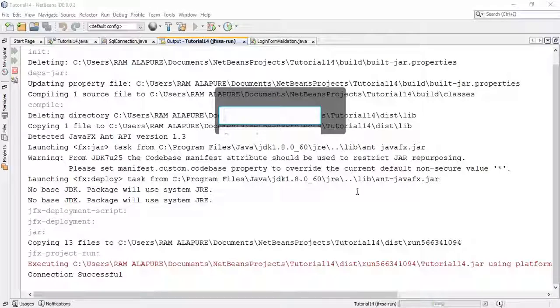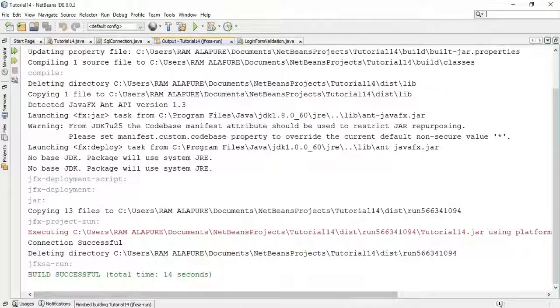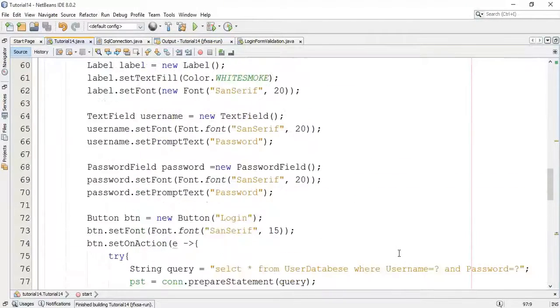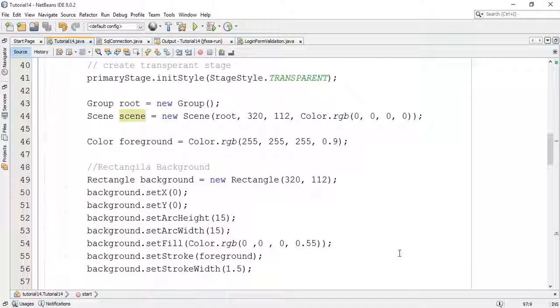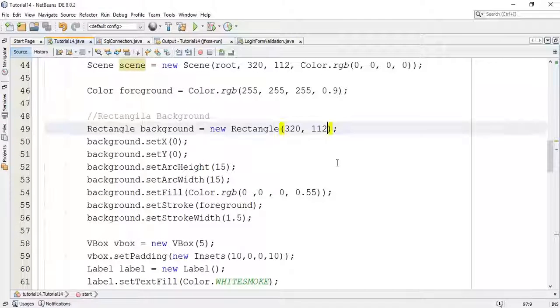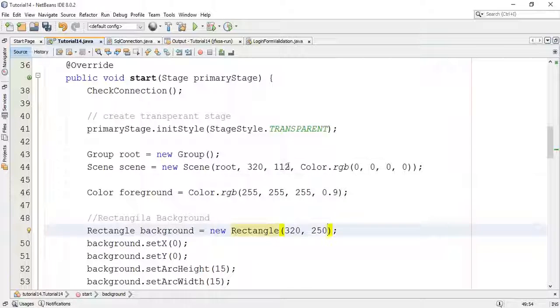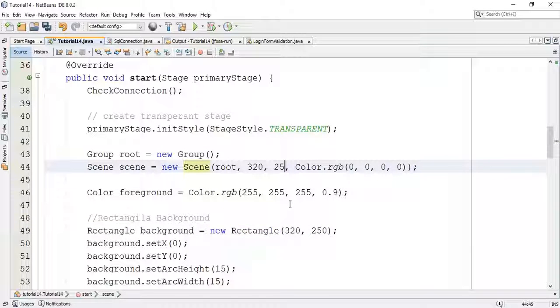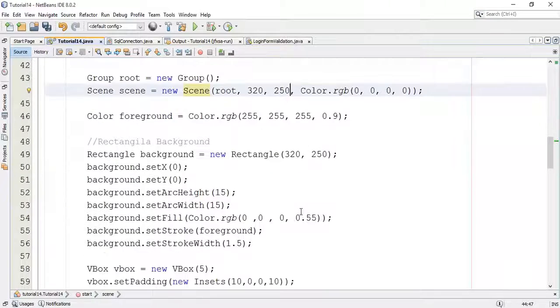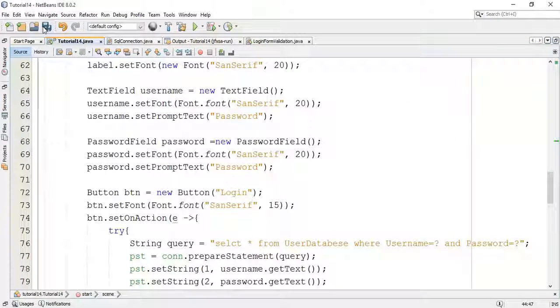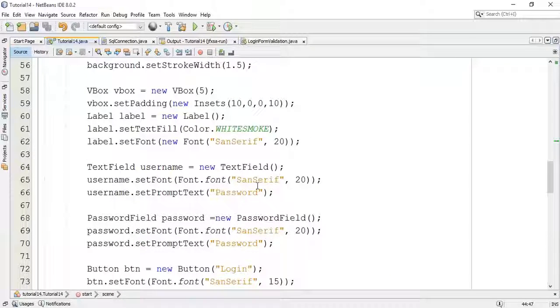There is some problem with the layouts. I'm going to close this. So set the rectangle to 250 and scene also 250. Save this, and there is one more problem here.